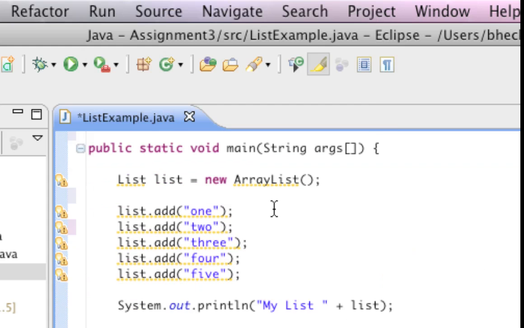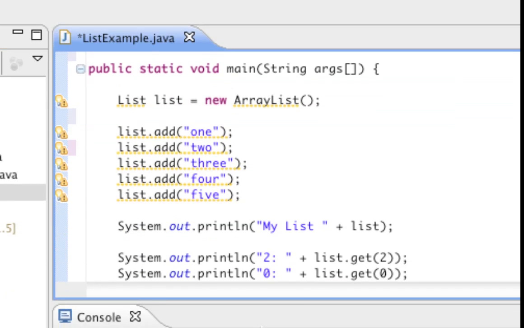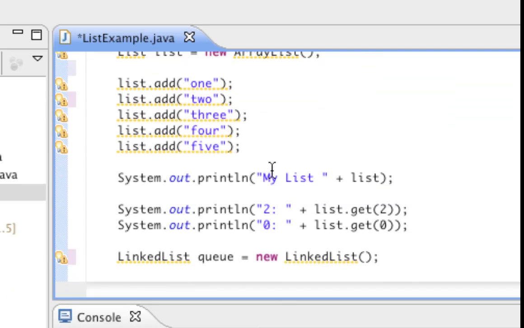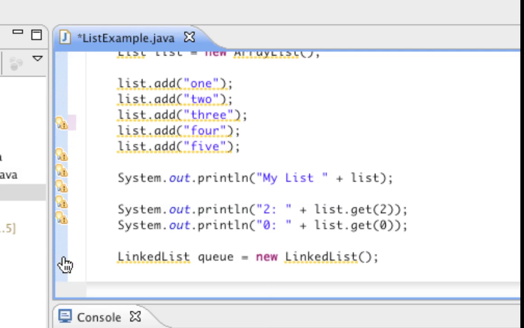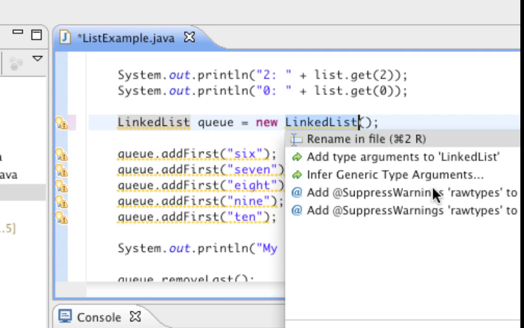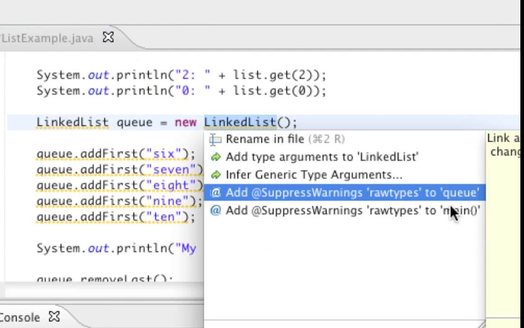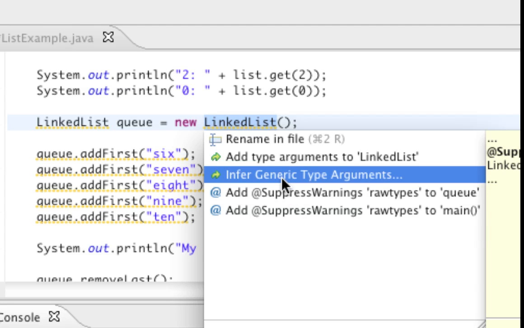I don't like it because it messes up my interface. It messes up the picture, right? So if I click on the warning, it shows that linked list is a raw type. Yeah, I know. Reference to a generic type LinkedList. You should specify a data type that you're going to use in this linked list. All right. So I can add a suppress warning so the little yellow stuff goes away, or infer a generic type of the